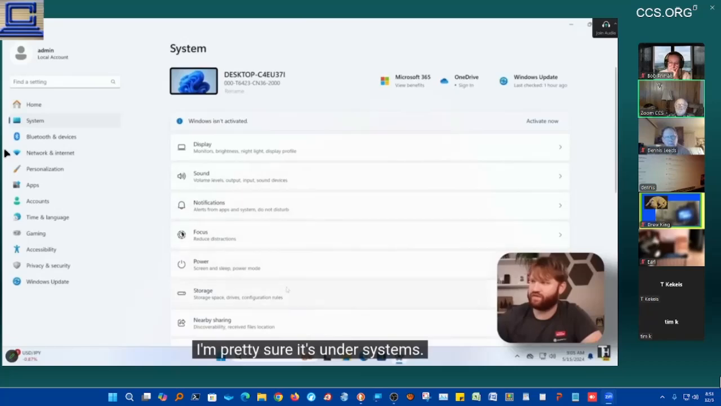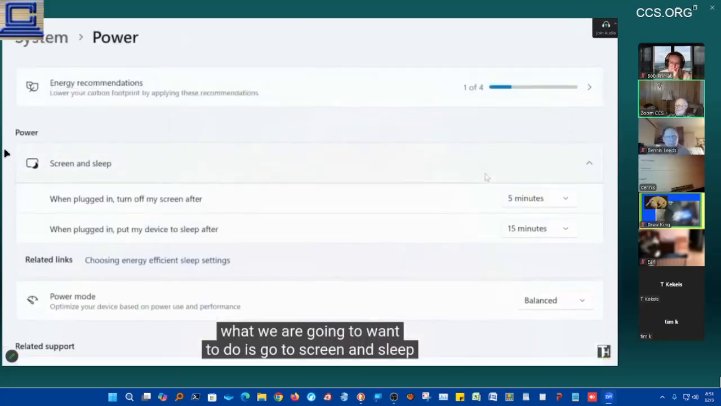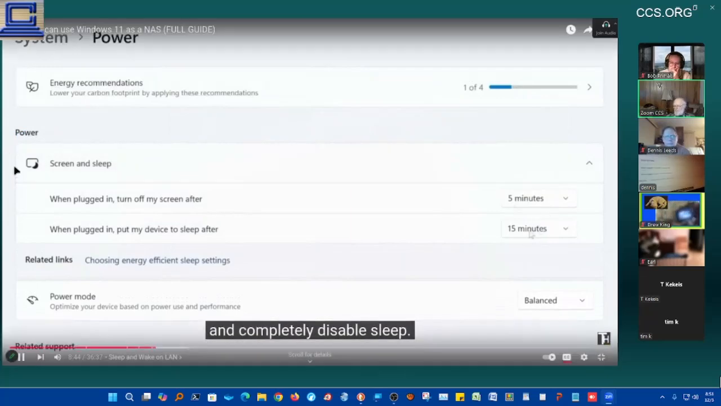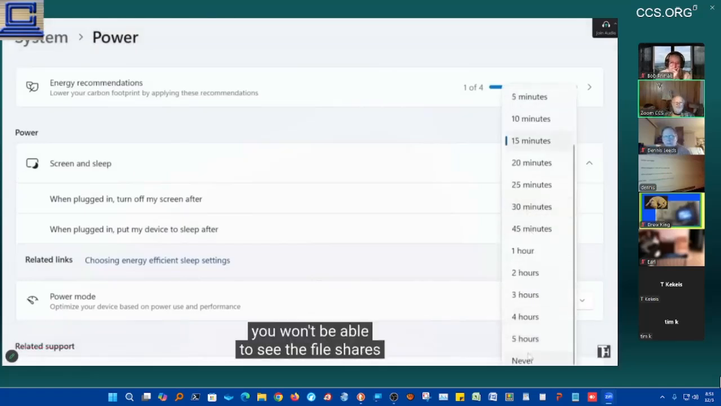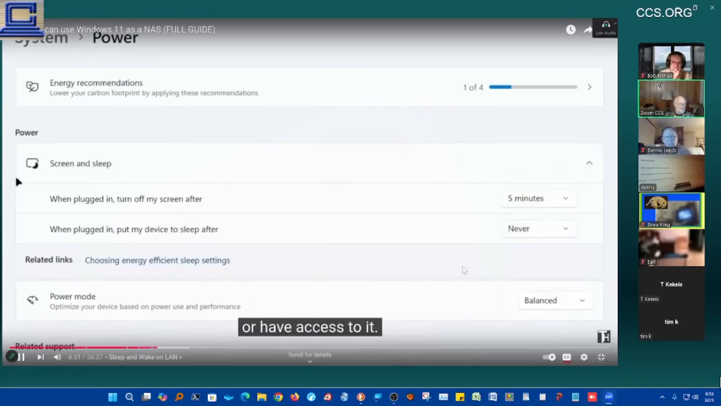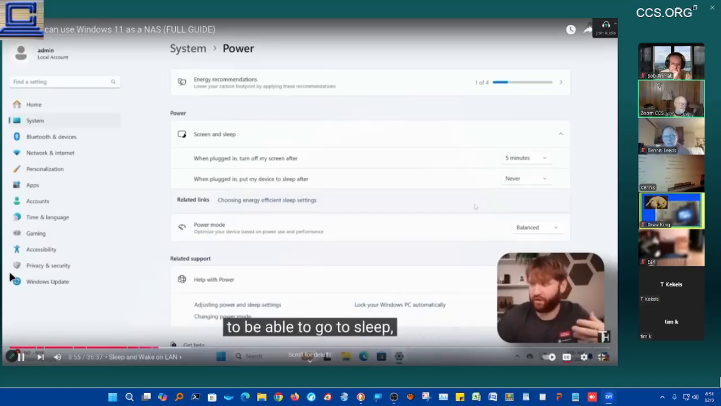I'm pretty sure it's under system. And then if we go to power, what we are going to want to do is go to screen and sleep and completely disable sleep. If your computer does go to sleep, you won't be able to see the file shares or have access to it. Now, in a situation in which you do want your computer to be able to go to sleep,